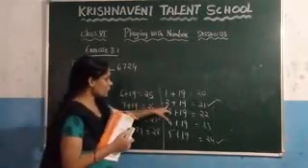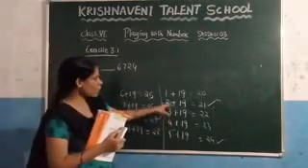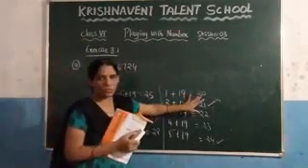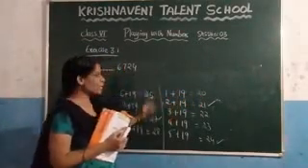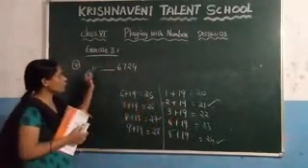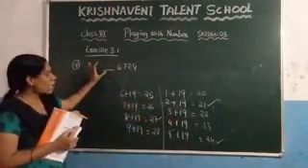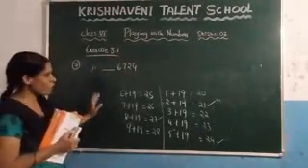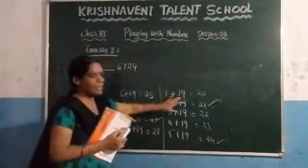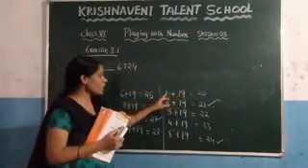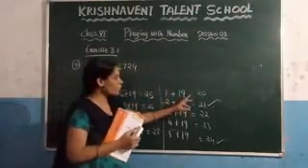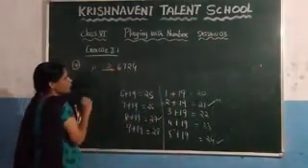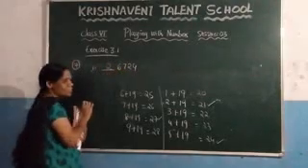What is the smallest digit here? 2 is the smallest digit. Because if you are adding 1 to this number, you are getting the result as 20, but you know that 20 is not divisible by 3. Here you need to fill this blank such that after adding all these numbers, that number should be divisible by 3. So here, after adding this one, you got 19 as the answer. If you are adding 19 to 1, you are getting 20, but 20 is not divisible by 3. But if you fill this blank with 2, the total value is 21.